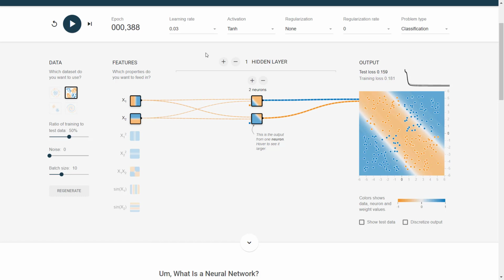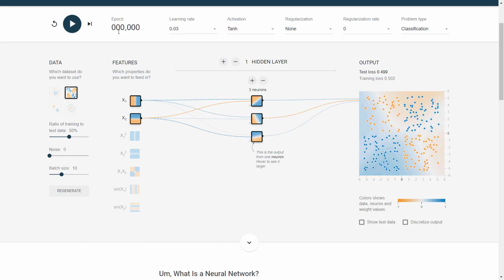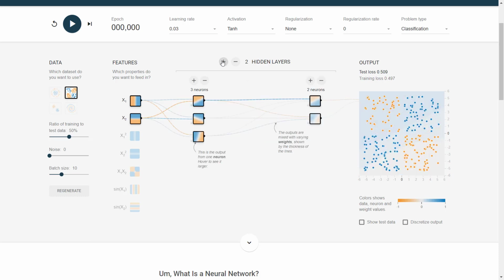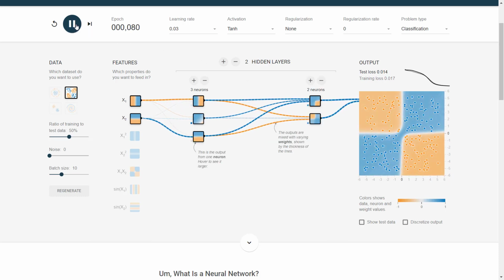Another neuron. A bit better, but still the error is a bit high. But if I add another layer, the result is much better.